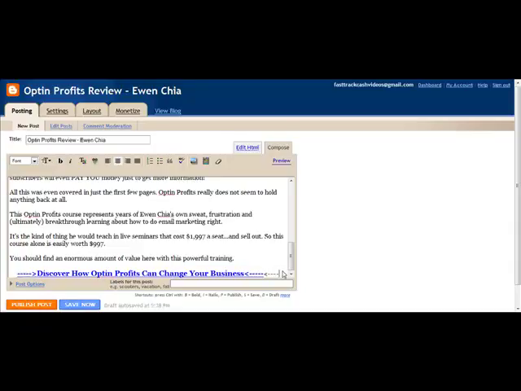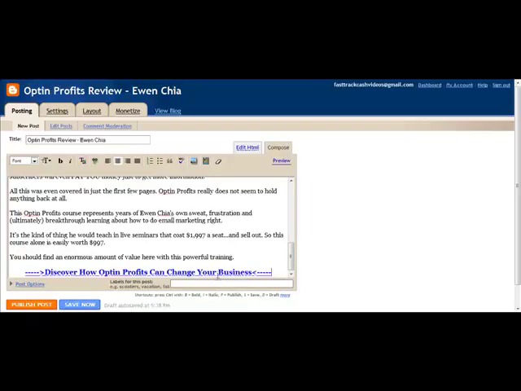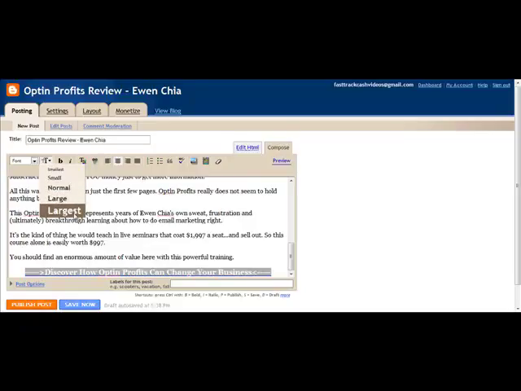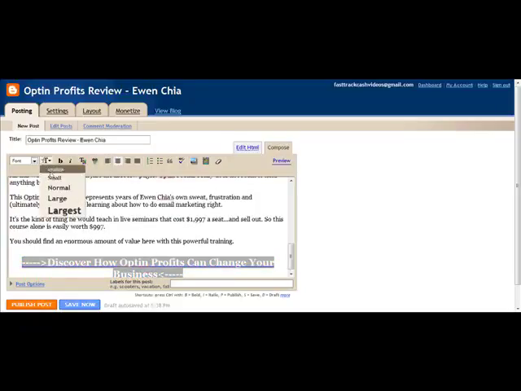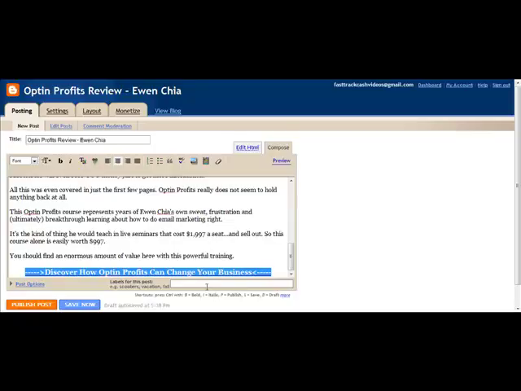Okay, so now you see there you've got a nice arrow that points in, and it's all hyperlinked. And you could even make it larger if you wanted to by just going up here, clicking on that text, and you could even make it like the largest size font, but let's just go with large. Now as far as labels go, I recommend you use, again, the name of the course you're trying to rank for,